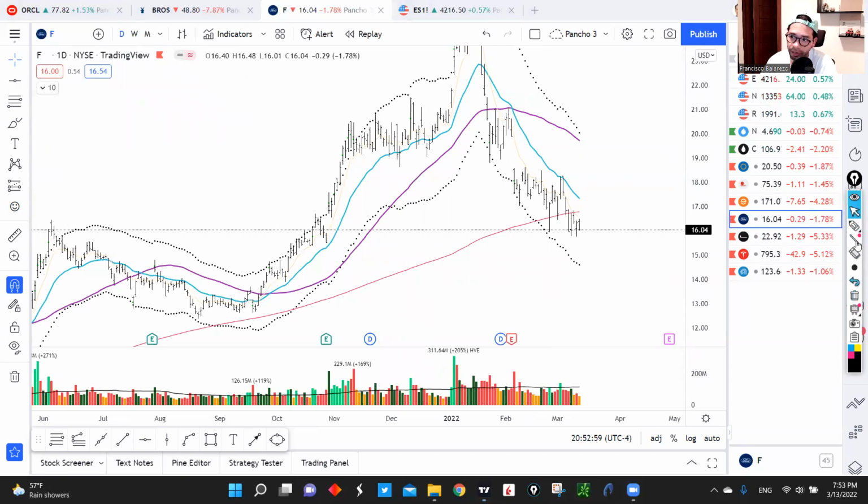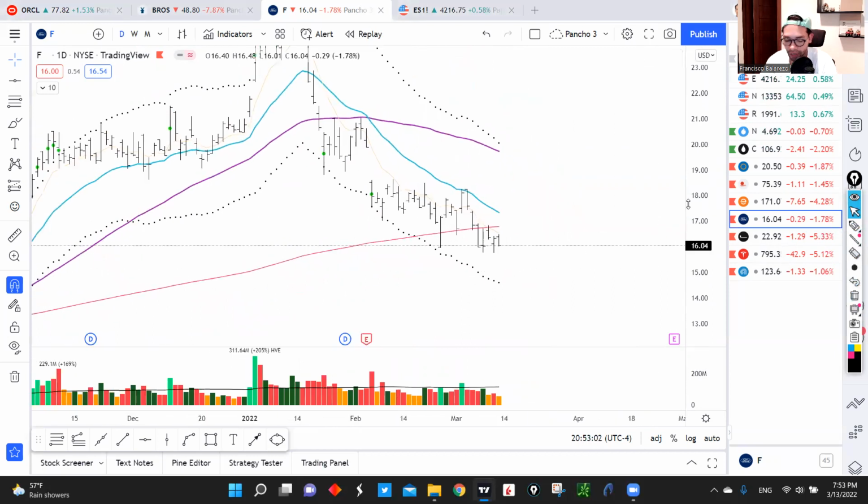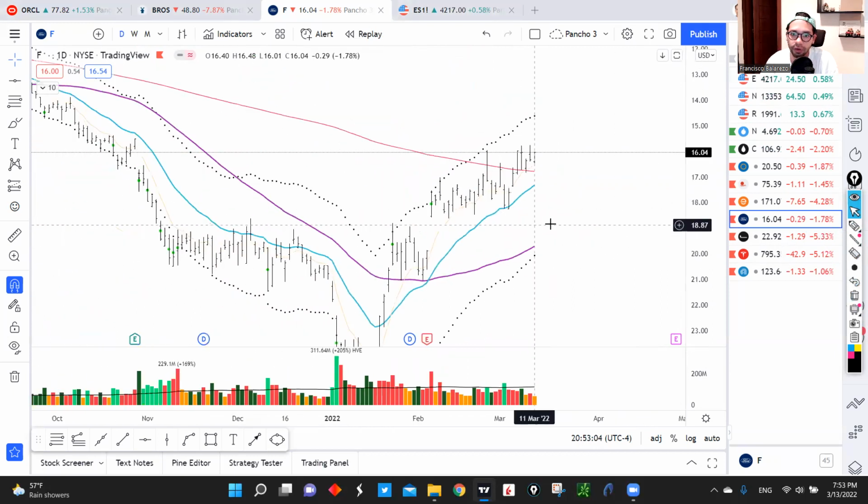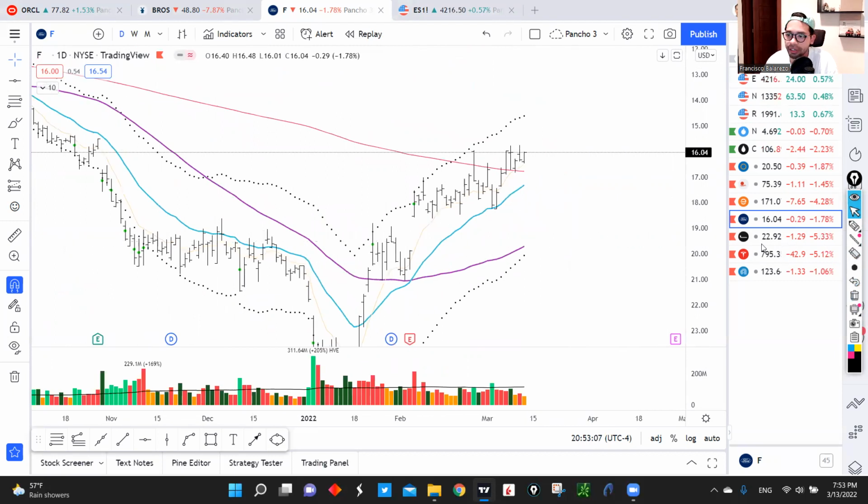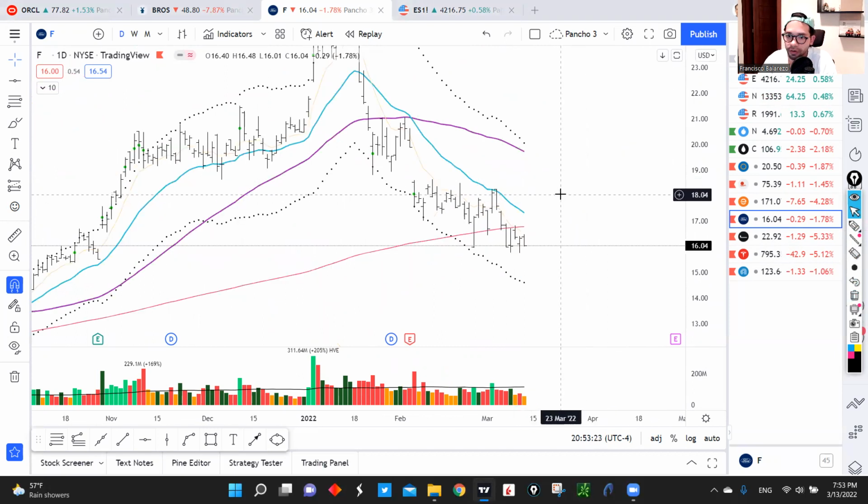So what will be the setup here? I think if we flip the chart, it's kind of easier to see, which is basically what I do. You can see that you can use this 200 daily moving average as your support, and then look for a move all the way to the +3 ATR extension up here. Let me put the chart back where it was. Basically the setup is using this 200 daily moving average as your cover point and looking for a move all the way down to this +3 ATR level, so looking to risk 1 in order to make somewhere around 3.